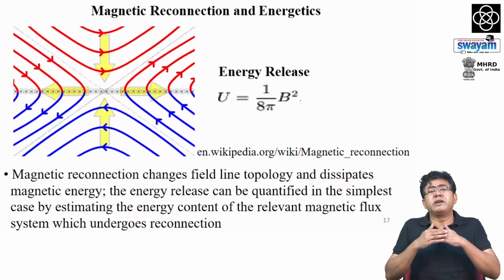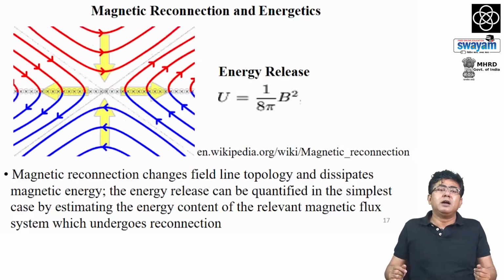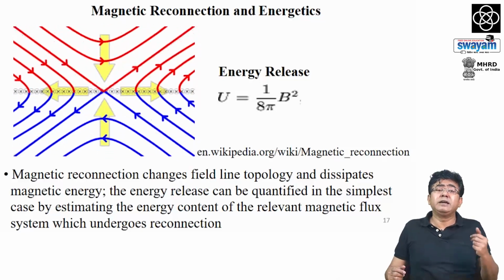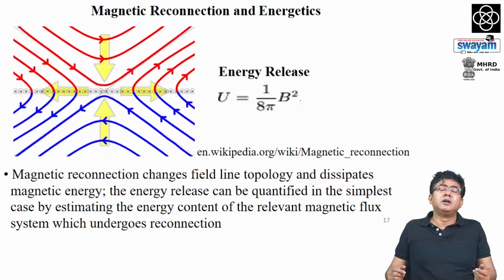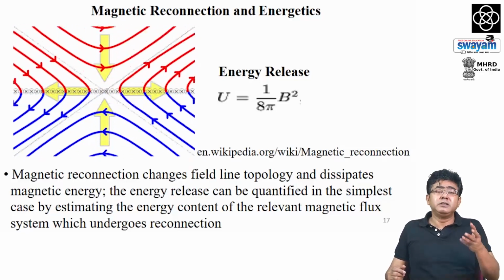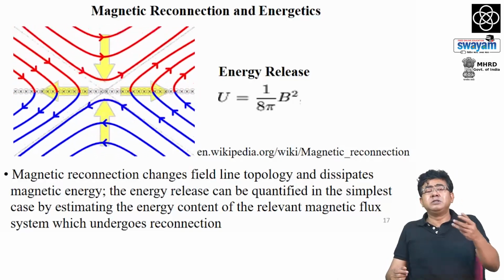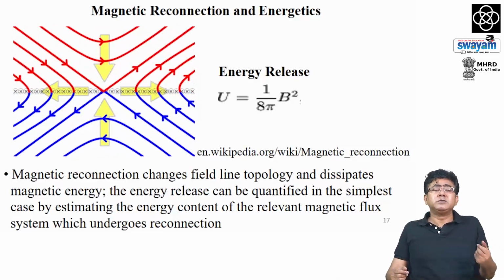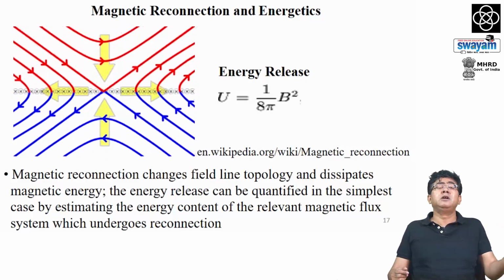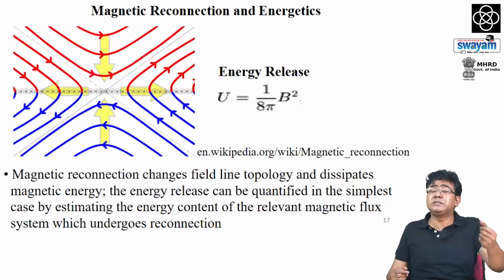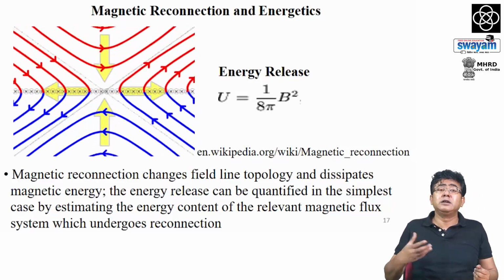So, you produce what is known as a current sheet there with very strong currents where the magnetic field gets dissipated, and energy cannot be destroyed. So, the magnetic energy is converted to thermal energy, which then heats up the plasma in that region and accelerates charged particles from that region. Essentially, this allows the plasma to radiate out photons when it gets very hot, and depending on how hot it is, it could be radiating anything from visible to ultraviolet to extreme ultraviolet to X-ray photons, and this process is what gives rise to coronal heating in the corona,